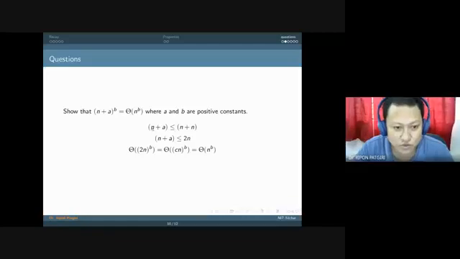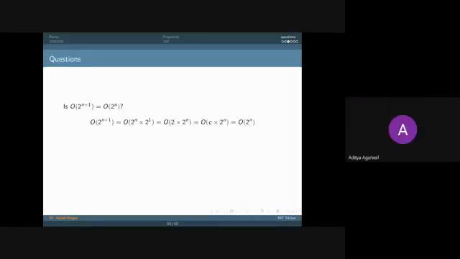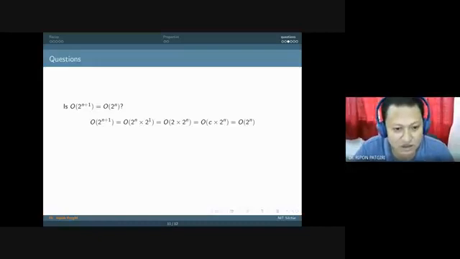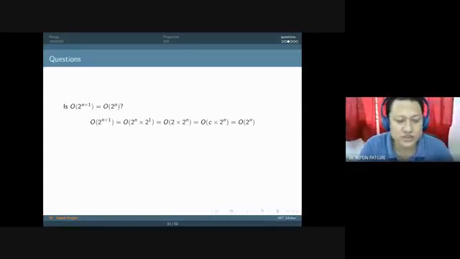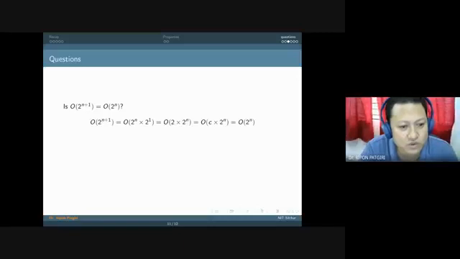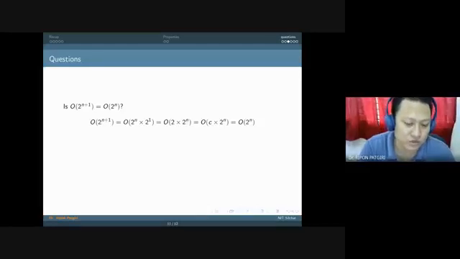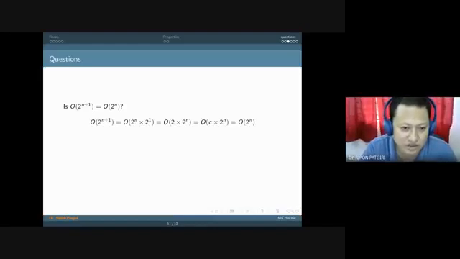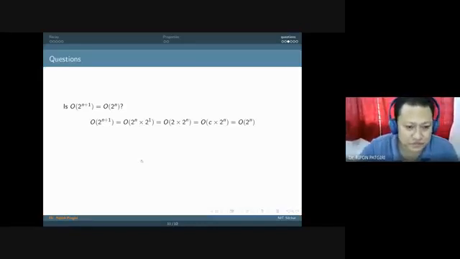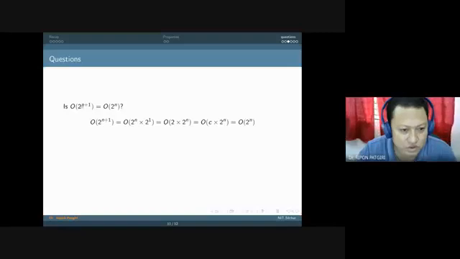So I should move forward. So next question. Do you have question? So from this, is big O of 2 to the power n plus 1 equal to big O of 2 to the power n? This is my question. It is just copied from Introduction to Algorithms. Okay, the solution is simple. See, big O of 2 to the power n plus 1. The function is given here.